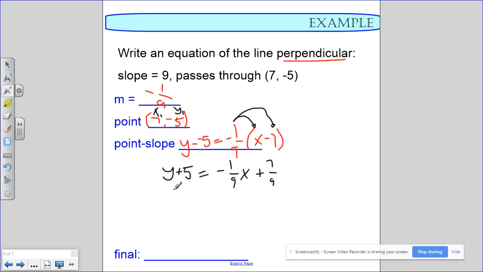We're not there yet. Remember, in our slope-intercept form, y is by itself, and everything else is on the other side. So I'm going to subtract 5 here and subtract 5 here. So what am I left with here? Y equals, remember, you can only subtract or add from this x if it has an x. Since it doesn't, we are just subtracting from our number. So we are left with -1/9x plus 7 over 9